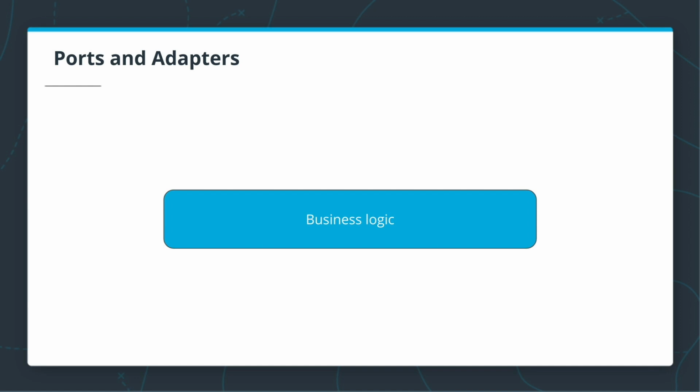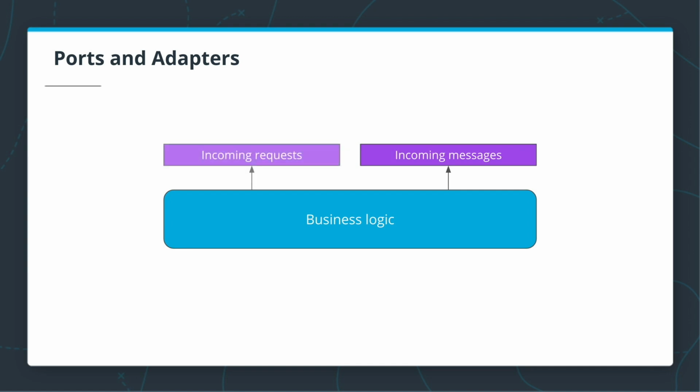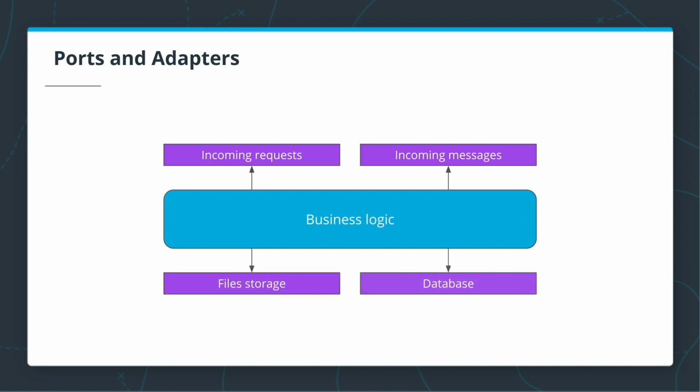The way we can structure our application is the following. We will have business logic that is agnostic to technologies that we're using to interact with outside world. And every time our business logic has to interact with an outside world, it should do it through a port. Those ports can be ports to send or receive incoming messages to our application, to write something to file storage, or to write data to a database. Now, those ports should provide interfaces that are independent from specific technologies.